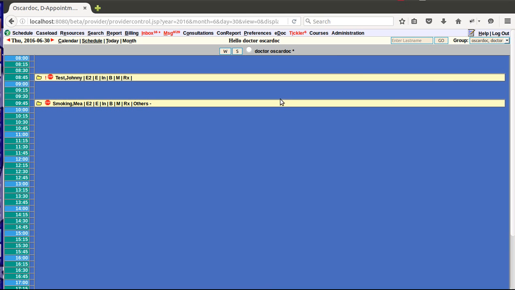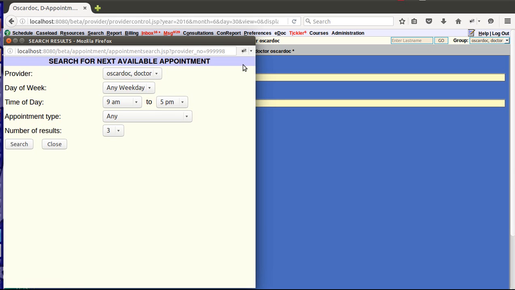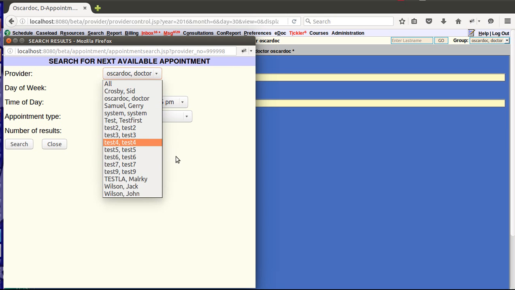Alright, back to mine. What we also see here is this button. It's for the week view. Right now I'm on my day view, so I see only today. If I want to see a week schedule of mine, I would just click the W. The S is if I want to search. If I have no appointments and I want to look for a specific appointment that's coming up, I can do it here, and as you can see, you can do it for other